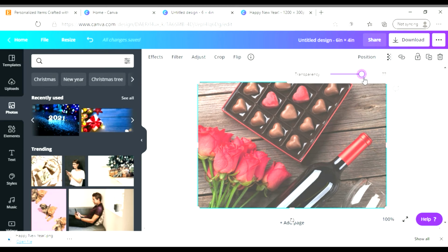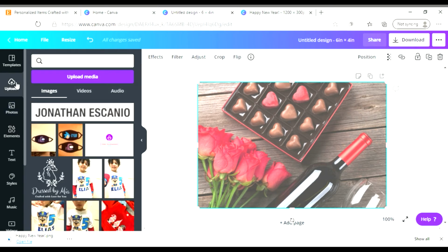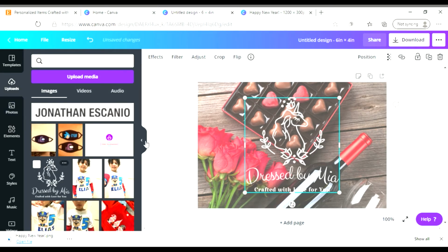But I want the information that I put on it to be legible. So I'm going to put the transparency to 75, and now the picture is a little dimmer, I guess you could say, and it'll make it easier for you to see the things that I put on it. I'm going to go back to my uploads, and I'm going to grab my logo again